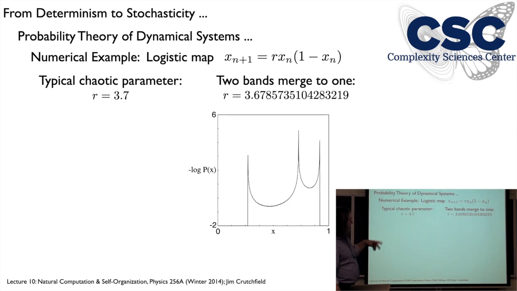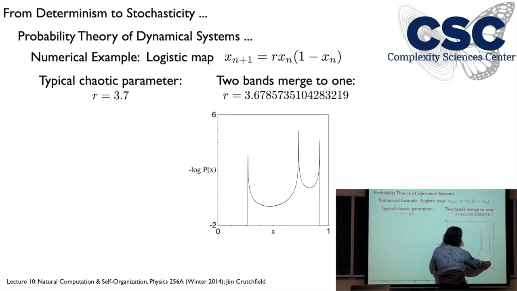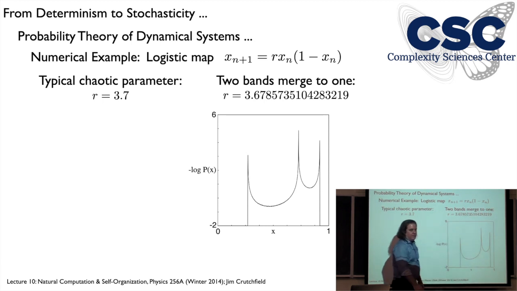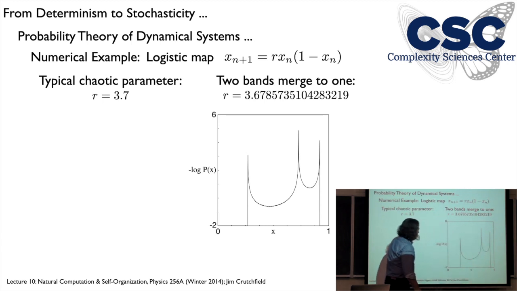Okay, so the logistic map. Two bands merged to one. So now this is interesting. If you remember, we can calculate the parameter value r where we get the two bands merging to one. It's where the iterates of the maximum map right onto the unstable fixed point. And what we see is a pretty well-behaved function. There are only three peaks in it. In fact, it's like the tent map, the way I described it. This piece up here, one iteration maps down to here, and this piece in the next iteration maps to this. So there's a period 2 component, but then within the bands, it's random.